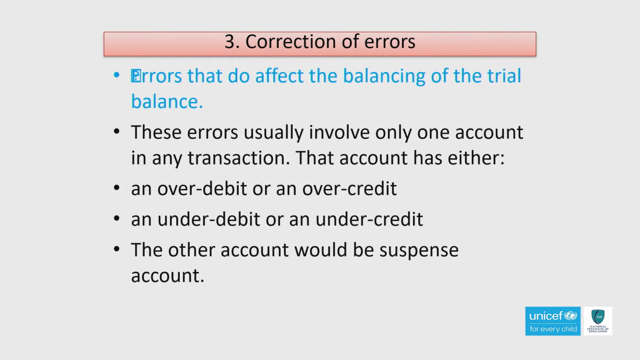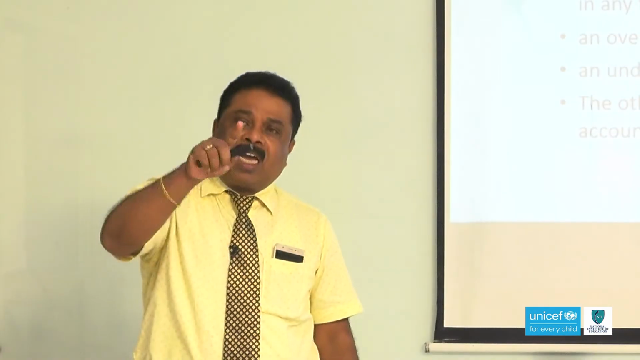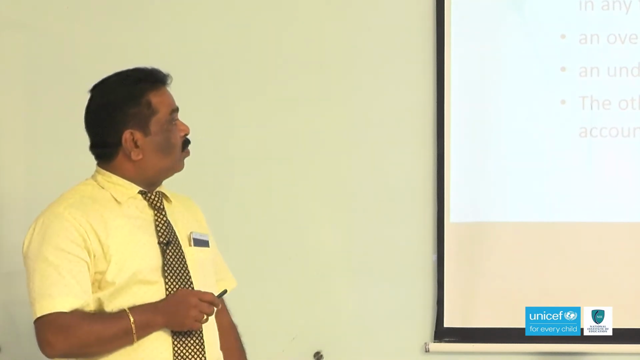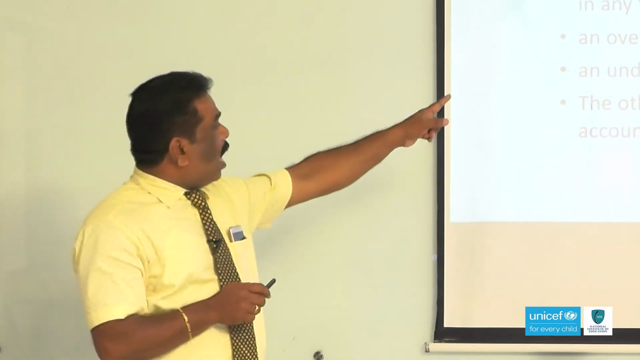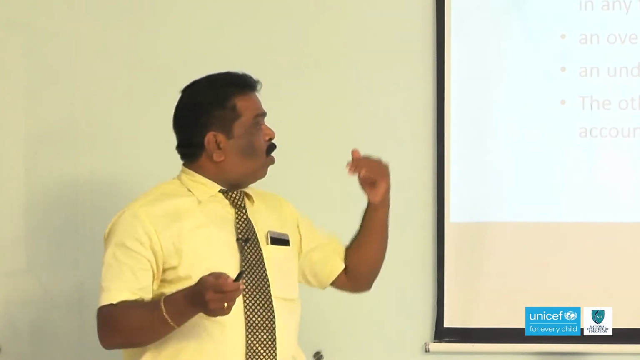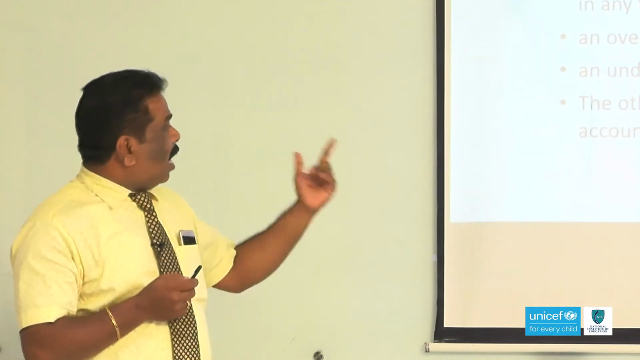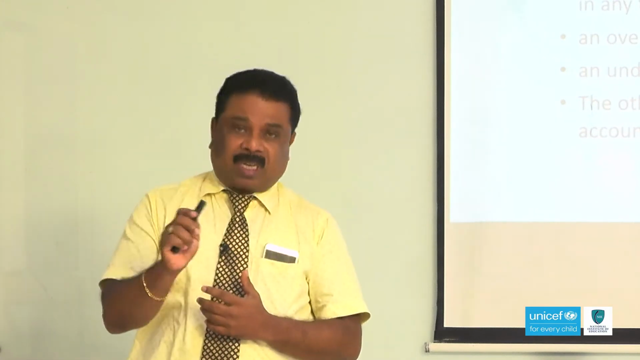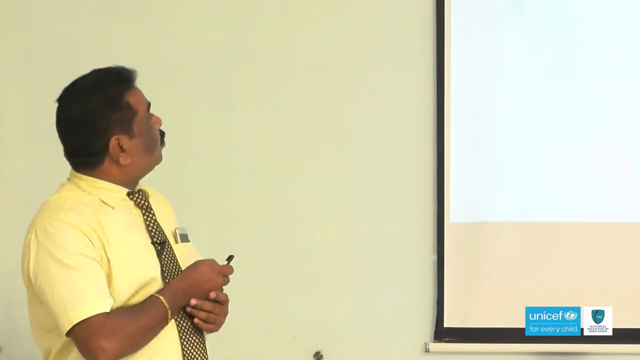These errors, the errors which do affect the balance of the trial balance, usually involve only one account, not both accounts. Only one account in any transaction; the other account will be a suspense account. So this account has either an over debit or an over credit, or an under debit or an under credit. The other account would be a suspense account. So, example,